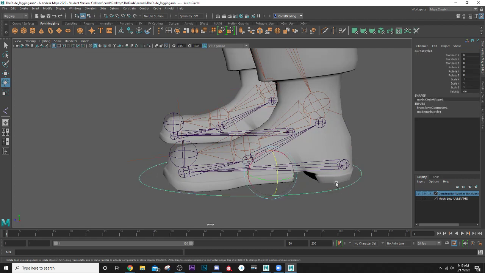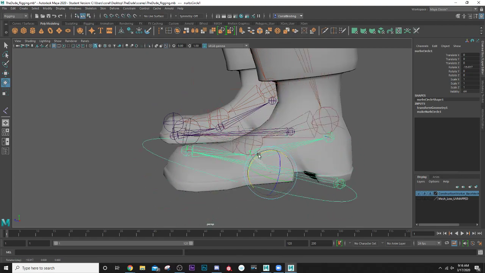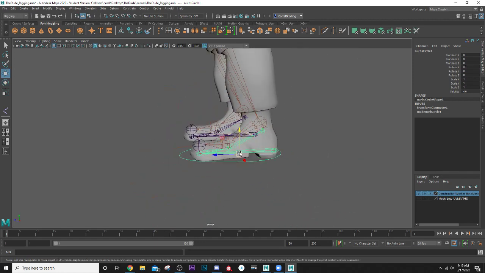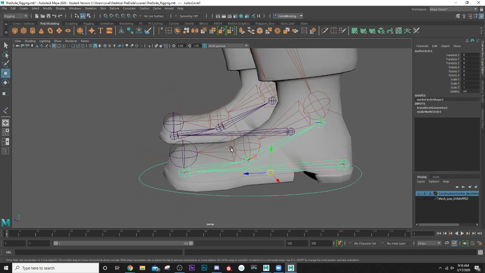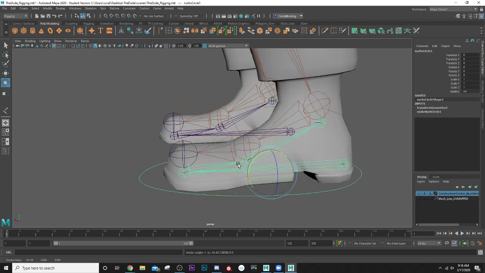Okay, so I'm going to select the control, shift select the joint chain. I'm sorry, I reversed that. Joint chain first, then shift select the control, press P for parent. So now the reverse foot lock is part of this guy, which you wouldn't really want to control by rotating it. Really, you want to control just by moving this up and down. The rotation part of this is the reason why we create the reverse foot lock, so you don't have to deal with that